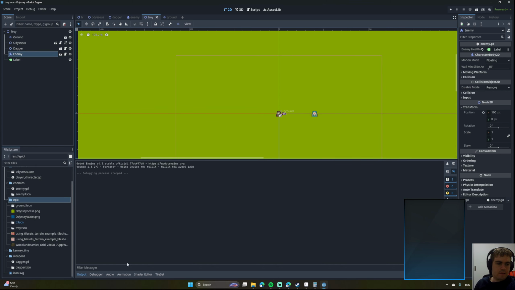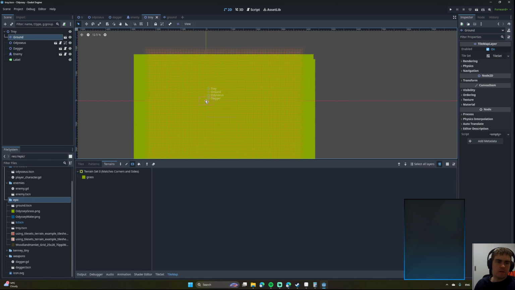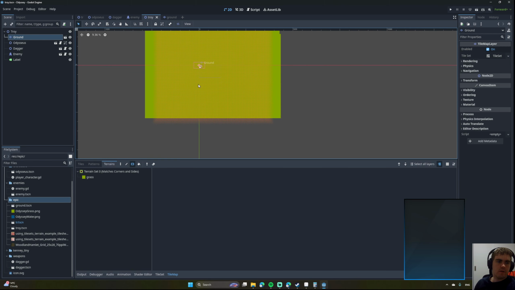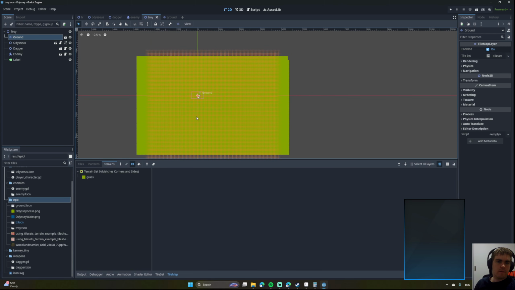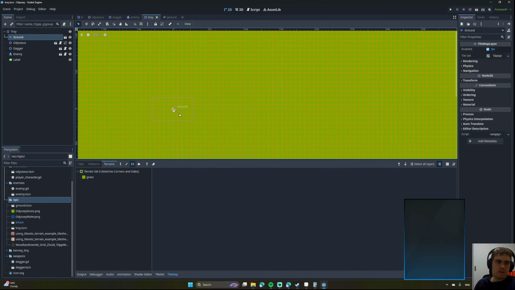Okay. Now, I do want multiple layers, don't I? So water will go... Depends, really. In this scene, I kind of want the water to go over the grass, so